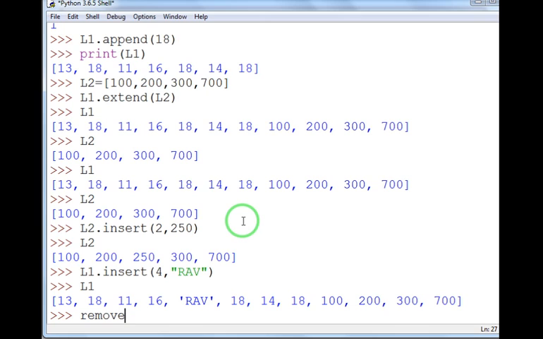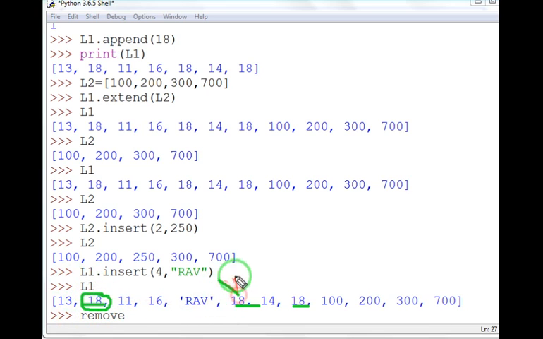Suppose in this list L1 there are three 18s. If I use the remove command, it will remove the first occurrence of 18. So it will remove this one, not the second or the third one. Only the first occurrence of the given item that I want to delete will be deleted.